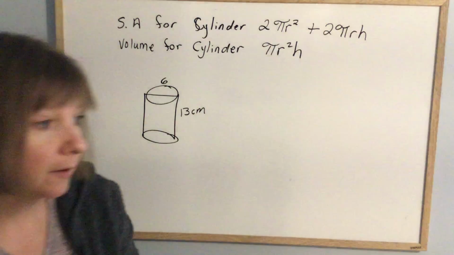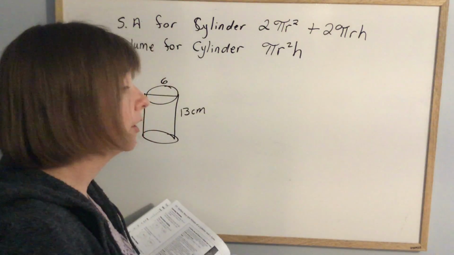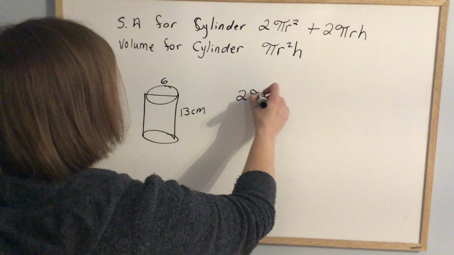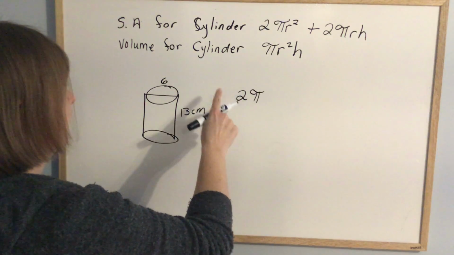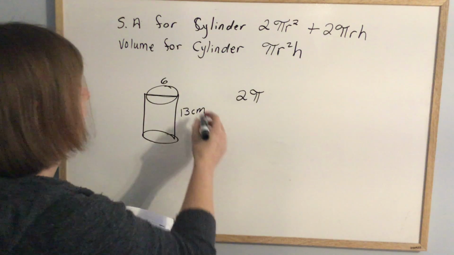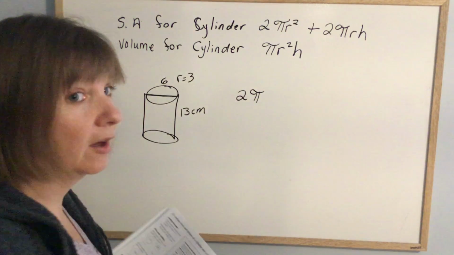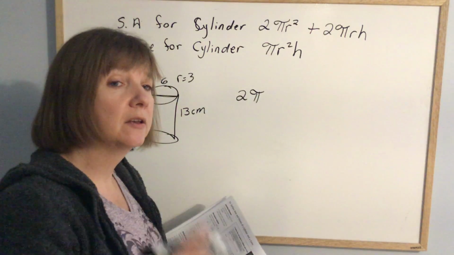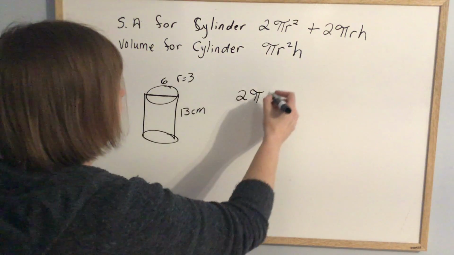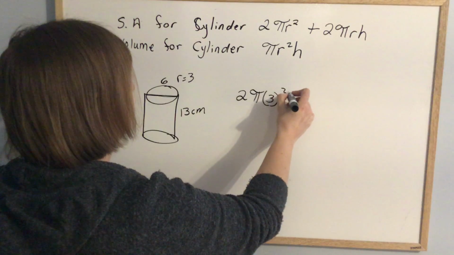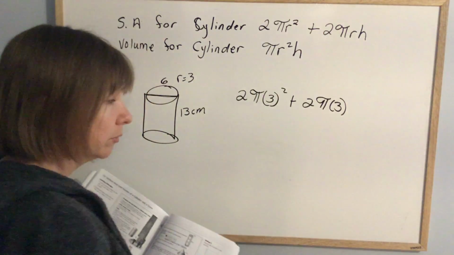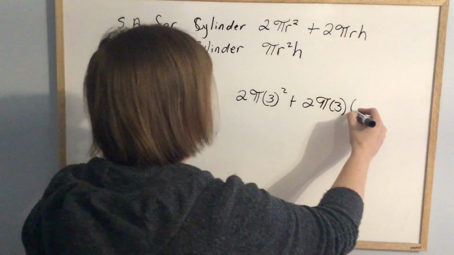Maybe I didn't. Okay, so if I'm going to find the surface area to the nearest tenth, that is 2 times pi times r squared. But they gave us the diameter, which is all the way across. So the radius is actually 3. Really watch for that. Did they give you the radius or did they give you the diameter? So we're not going to do 6 squared. We're going to do 3 squared plus 2 times pi times r, which is 3, not 6, times the height,